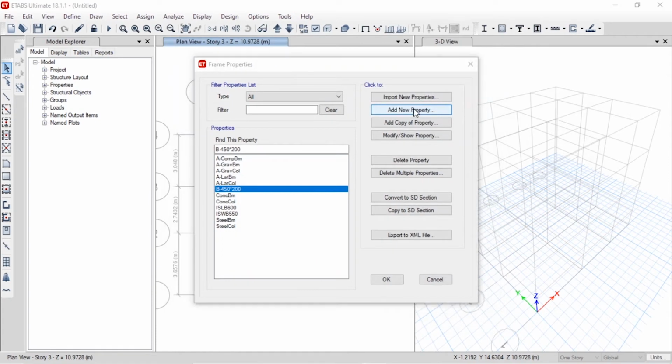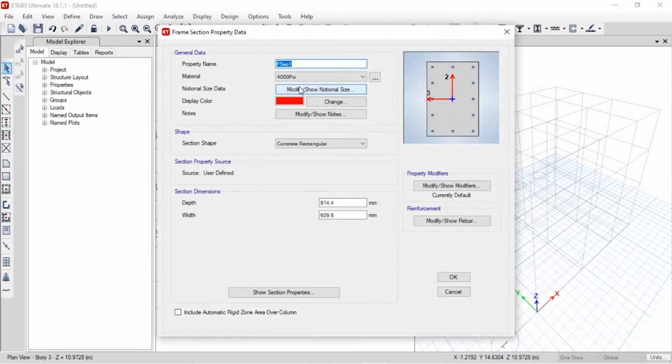Similarly, for the column, I'm going to rename it as C375 mm into 250, and I'm going to choose the grade as M20 here also. The depth is 375, that is 15 inches, and the width is 250 mm.